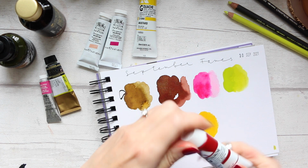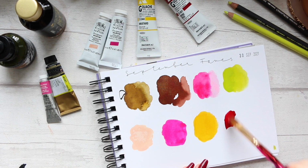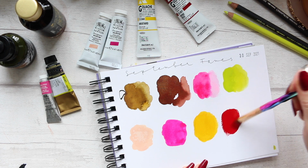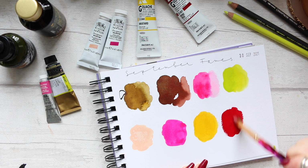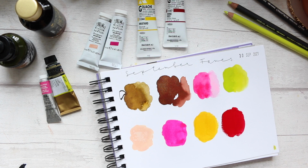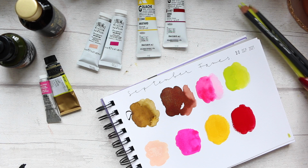Then we have wine red. So now this is going to be a bit of a red color. It's very intense, super beautiful. There we go. And now we have some pencils left. Okay, so in terms of pencils, I have got